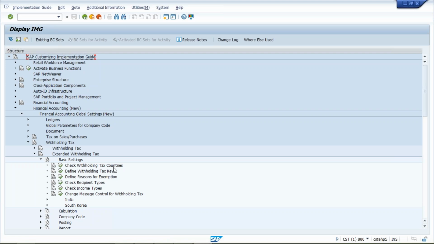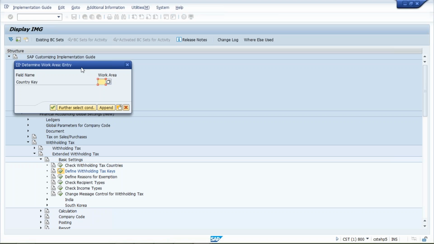So we are not going to do anything here. Define withholding tax key. Execute this one. Give your country key, that is for India, IN is the country key.